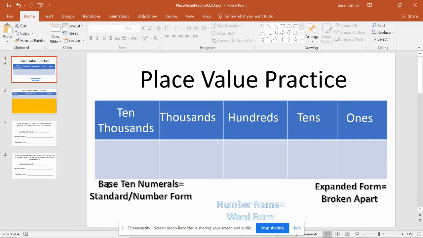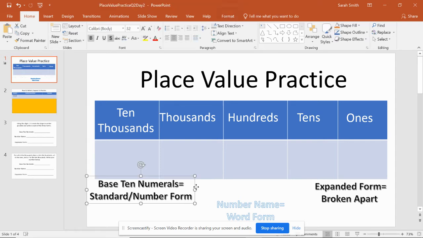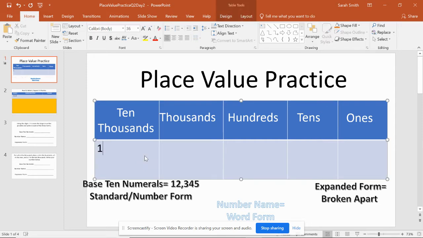I just want to go over when we say base 10 numerals, we're also talking about standard form or number form. It's just a basic number, okay? So if it was the number 2,345, we would simply write it like that. If it was the number 12,345, it would be like that. So then I would just simply type in, it's worth 1 ten thousand, 2 thousands, 3 hundreds, 4 sets of tens,